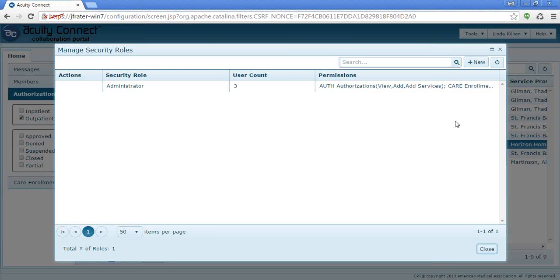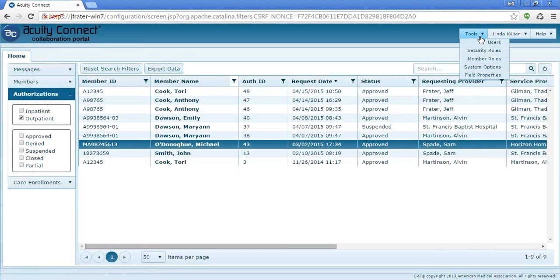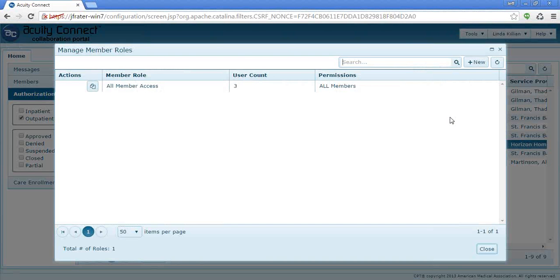This includes administrative controls, but also, and probably more broadly, read, edit, or the ability to create records. And so this is the first of the two-part role-based security controls. I'll close the security roles and come back up to Tools. And now we see member roles. So the member roles define who a particular role is allowed to view or access.